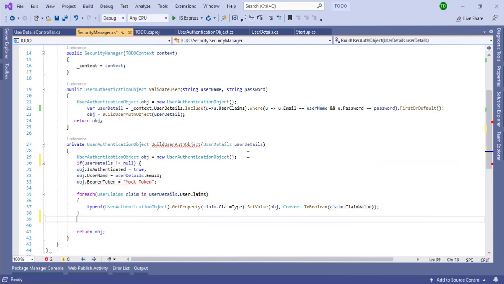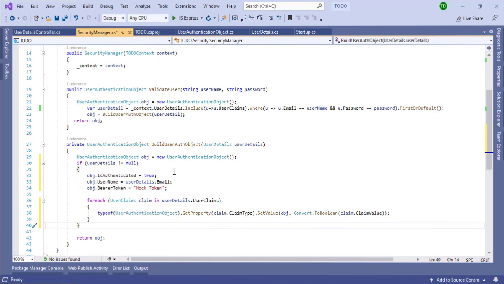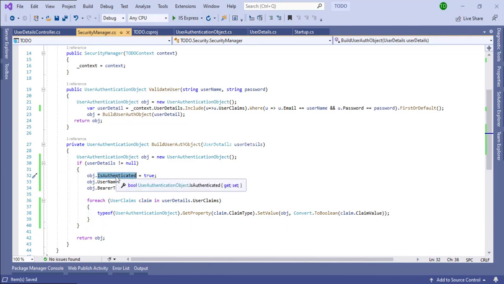Else, it will create a new instance, and by default all boolean properties will be false. So we will get IsAuthenticated as false. Let's save this.